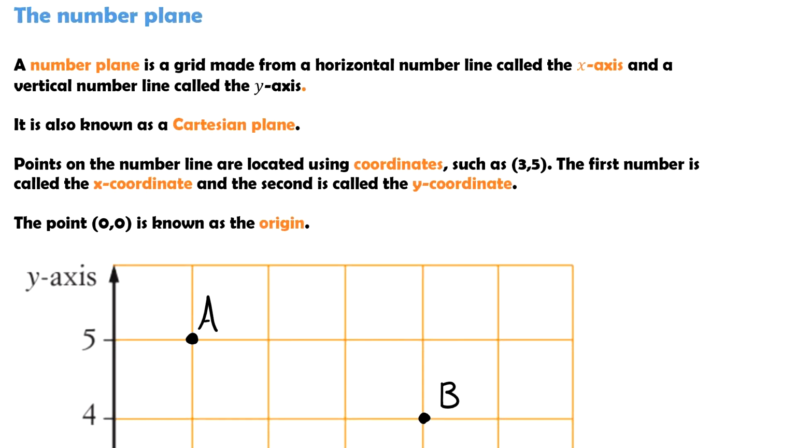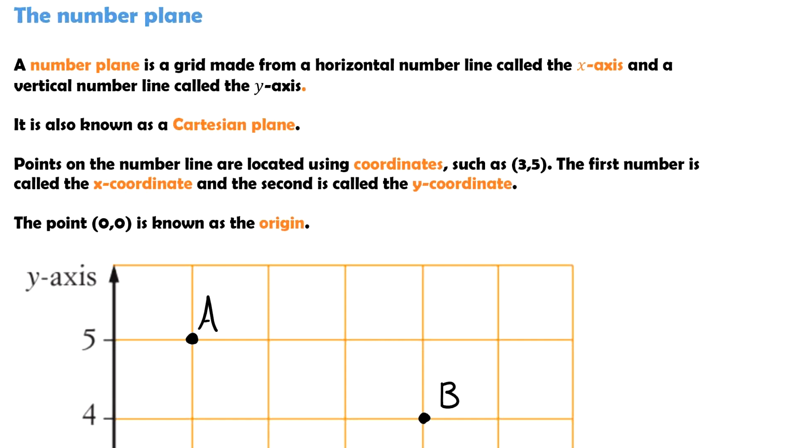In this video, we're covering the number plane. So a number plane is a grid made from a horizontal number line that we call the x-axis and a vertical number line called the y-axis. Now, in the textbooks and certain problems in tests, you may also see it referred to as a Cartesian plane